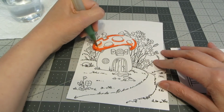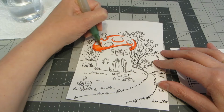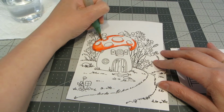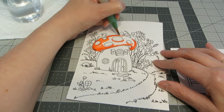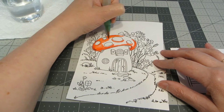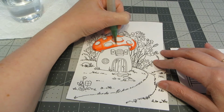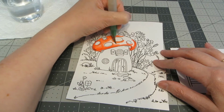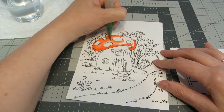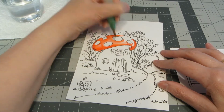I wanted to use my water brush today, but for some reason it's being a little finicky and not very much water is coming out. So I'm just going to use it like a regular paintbrush. I have a couple of paintbrushes close by if I need them as well. So you can just dip the tip of your water brush in some water and just use it like a paintbrush. So as you can see, with just a damp amount of water on my bristles,